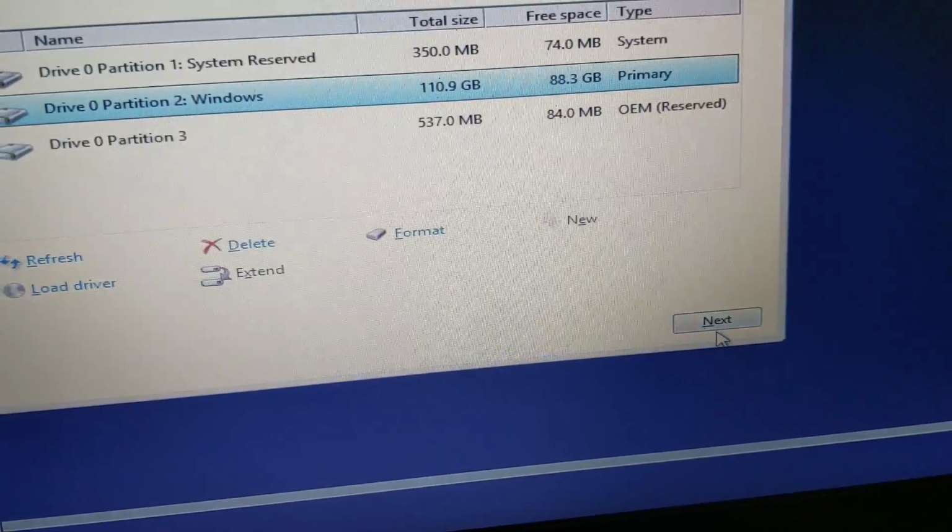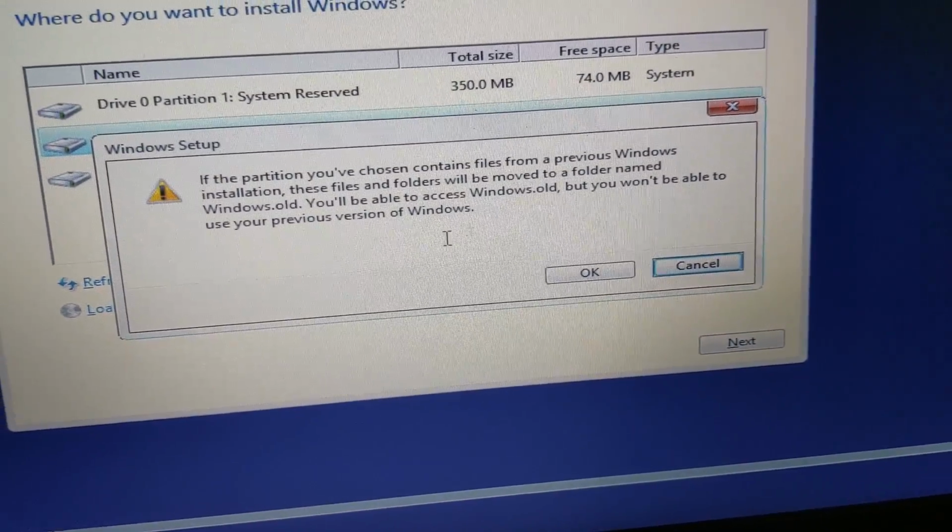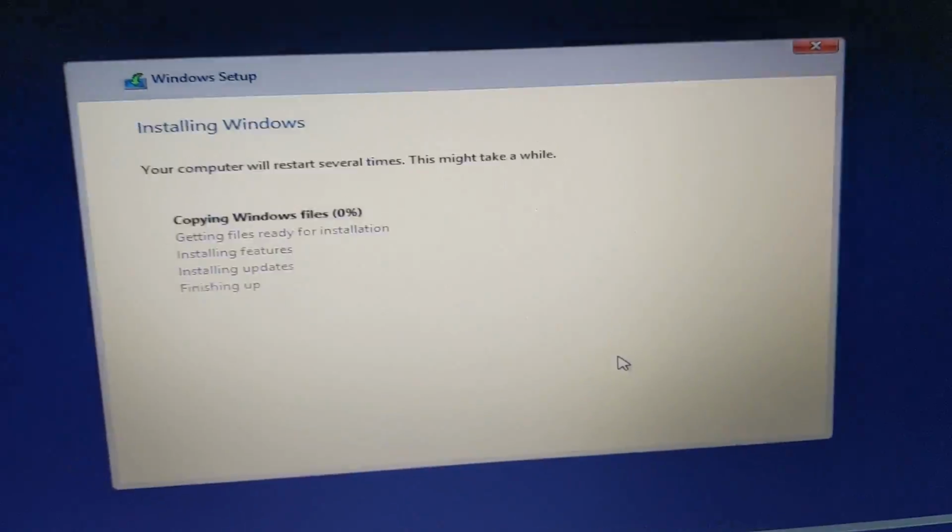So you'll see there's our Windows drive. I'm going to hit next, and again it tells us it's going to put all the stuff in Windows.old. And then I got a